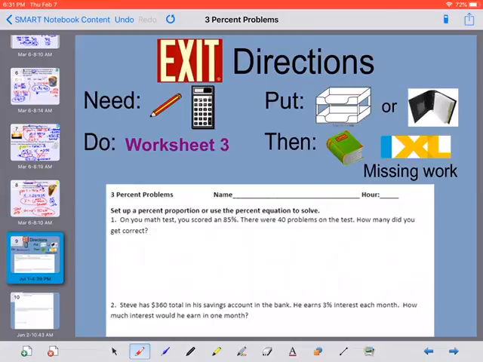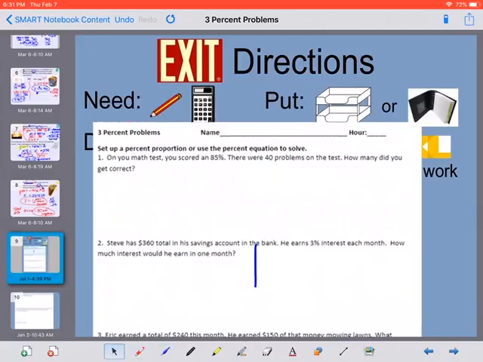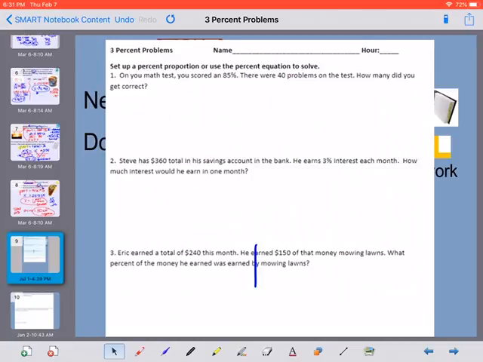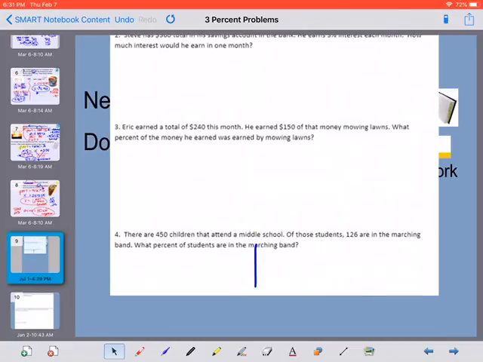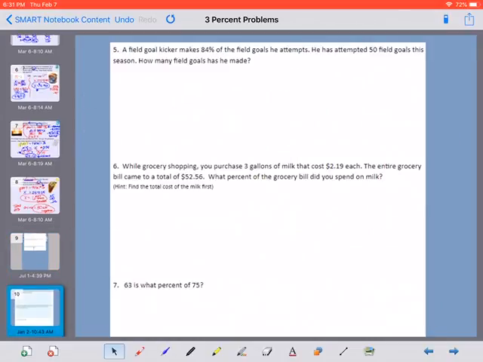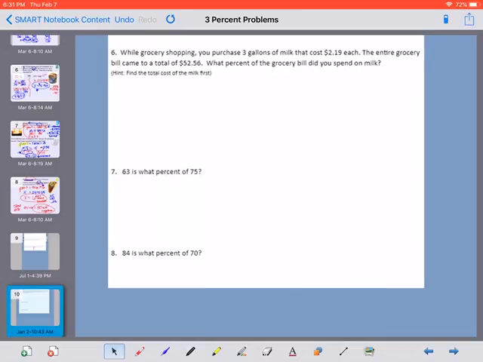All right, here is your homework. Your homework is Percent Problems, Worksheet 3. If you have questions, please let me know. Some of them are self-explanatory, and others you need to use your percent equation. Numbers 7 and 8, you can use your percent equation or percent proportion. Any of these you could use a proportion for as well. Quick note on 7 and 8, 63 is what percent of. If this says of, the next number is the total. So that way you know which number is